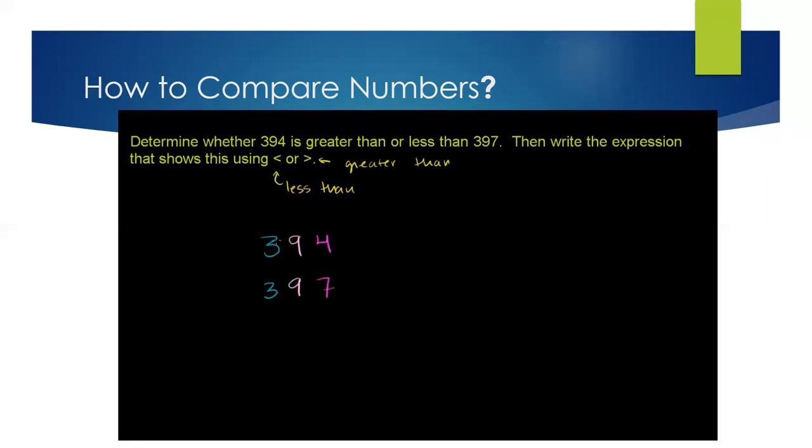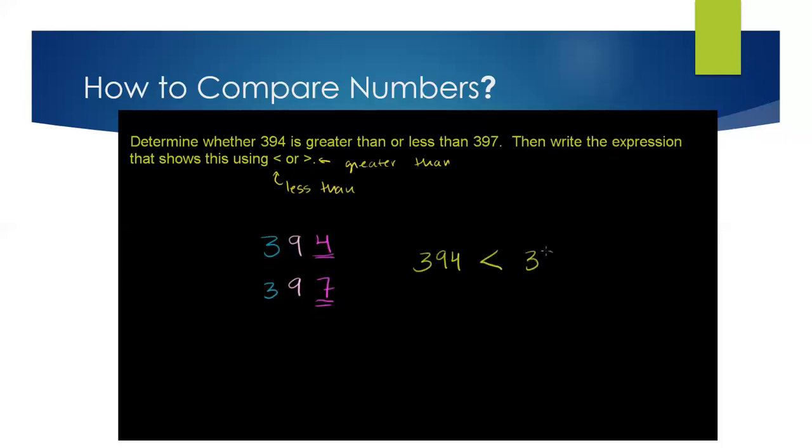Now, they both have 300s, so they're hundreds places equivalent. They both have 90, that 9 there. But this is 300 plus 90 plus 4. Plus 4, and this is 300 plus 90 plus 7, and we know that 4 is less than 7. If you look on a number line, 4 comes before 7. If you're counting to 7, you're going to pass up 4. So 394 is less than 397, and the way that we write that, we would just write 394 is less